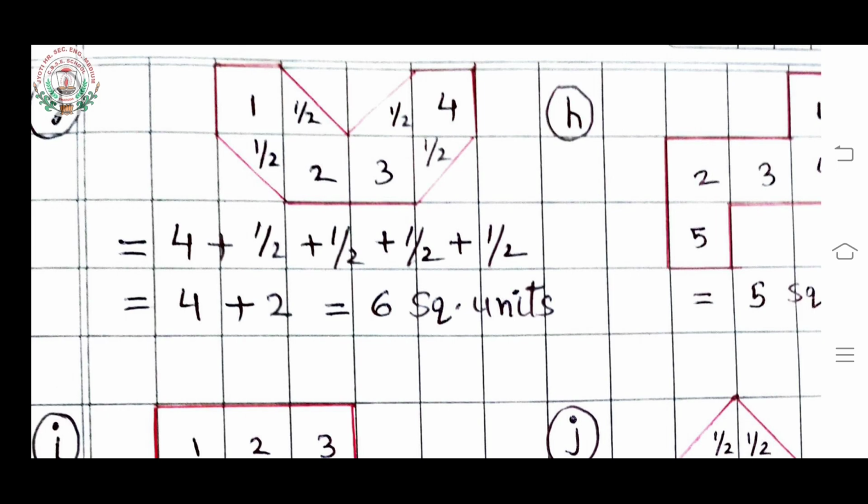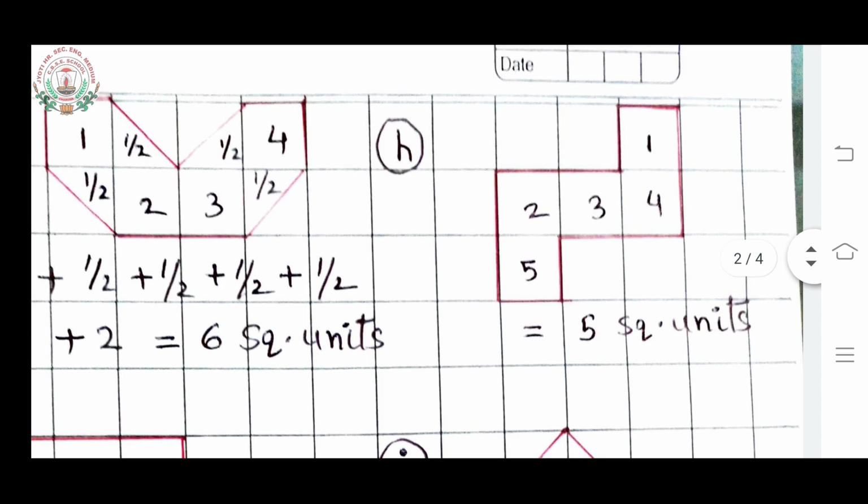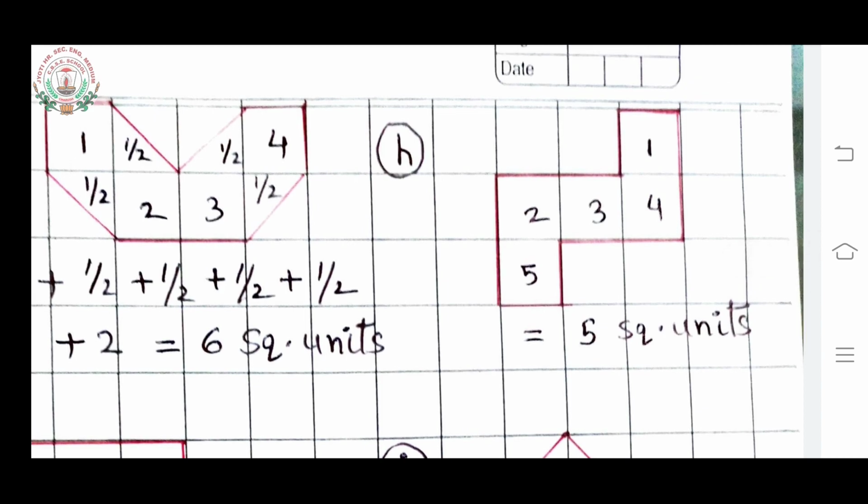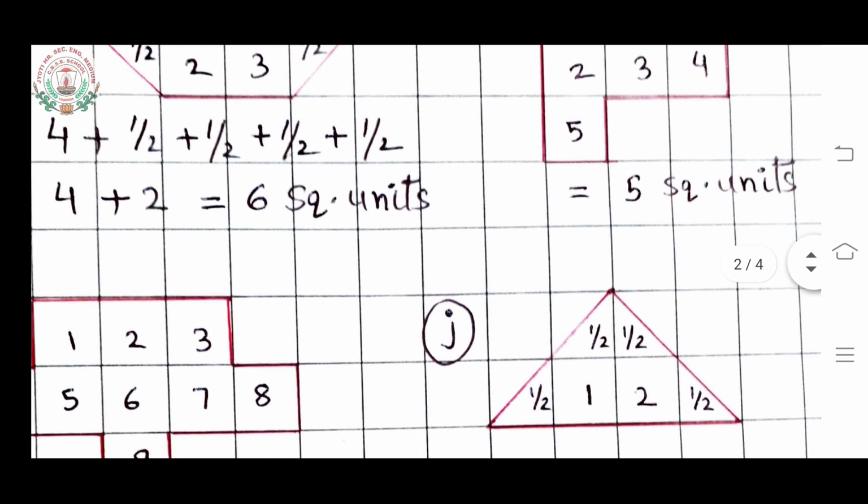So directly I have written here 1. So 4 plus 2 is 6 units. Square units. The unit of area is square units. Clear? Then coming to the next question. Here anything half is not there. Direct figure is given. That is just you go on counting 1 2 3 4 then 5. So total 5 square units.